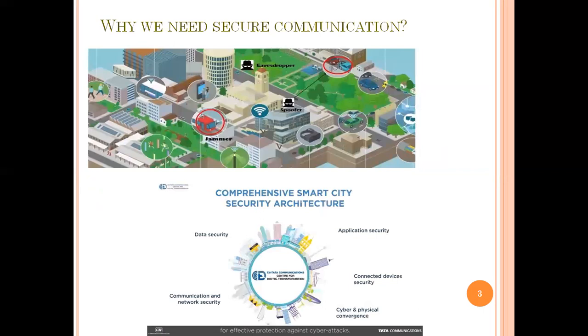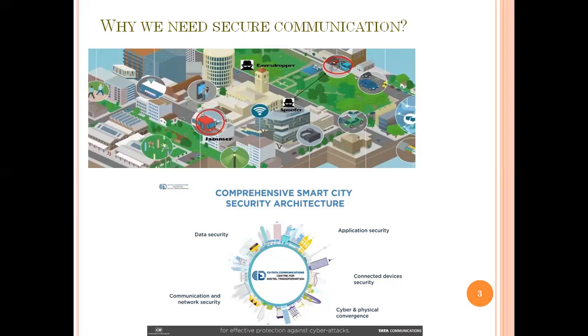So let's start with the need for secure communication in Industrial Revolution 4.0, such as in a smart city. The communication suffers from several security risks and drawbacks, such as a spoofer can manipulate the data and can cause accidents. A jammer can disrupt an ongoing communication and it can cause mishaps. An eavesdropper can hear or record your sensitive data and it can cause problems for you in terms of privacy issues.